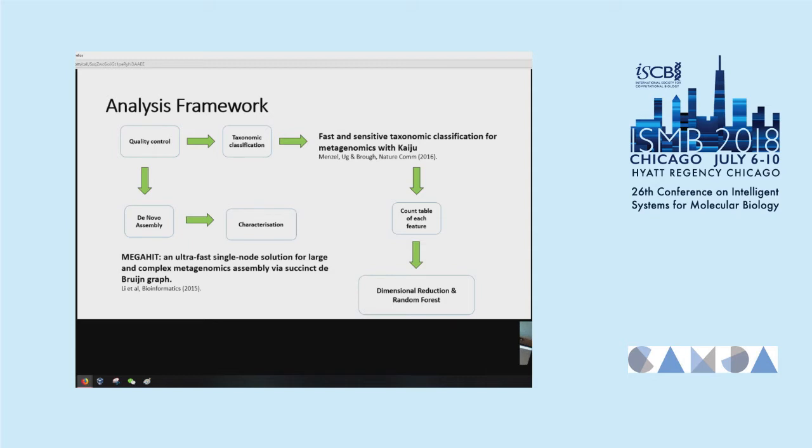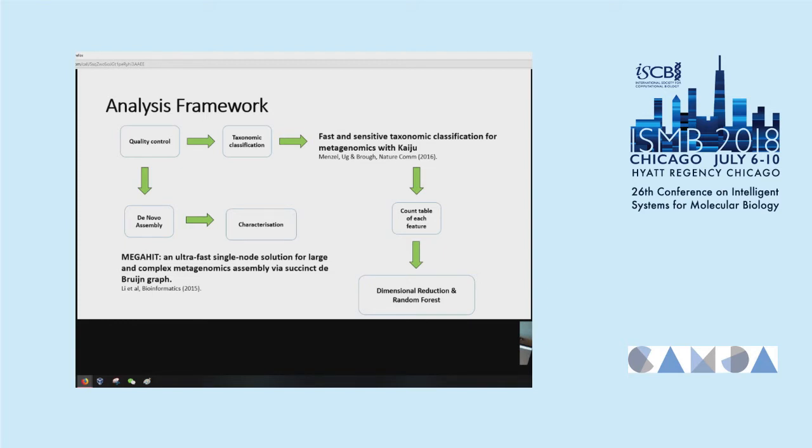From this I built a single database, classified all reads against it, and used this to generate a count table, where each feature represents a certain taxonomic rank and the number of reads assigned to it per sample. This is what was used for dimensional reduction, classification, and random forest, and I'll show you the results in a couple of minutes. I'll come back to the assembly part in a while, but based on my timing, I don't have a huge amount of time to talk about that, so I'll do what I can.